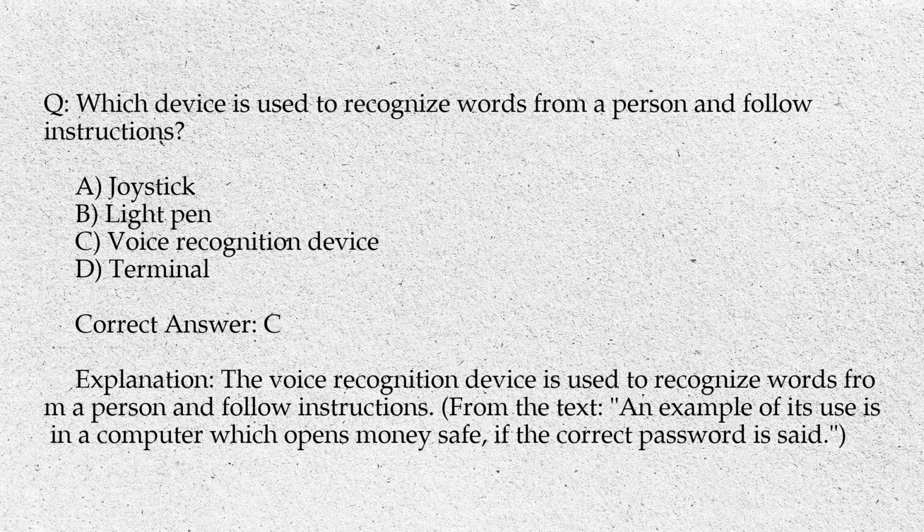Q. Which device is used to recognize words from a person and follow instructions? A. Joystick. B. Light pen. C. Voice recognition device. D. Terminal. Correct answer, C. Explanation. The voice recognition device is used to recognize words from a person and follow instructions. From the text, an example of its use is in a computer which opens a money safe if the correct password is